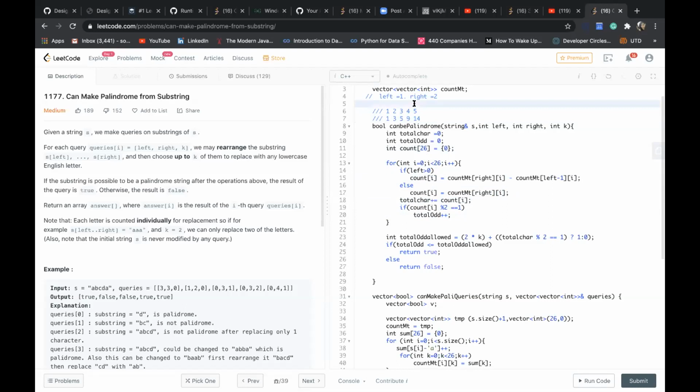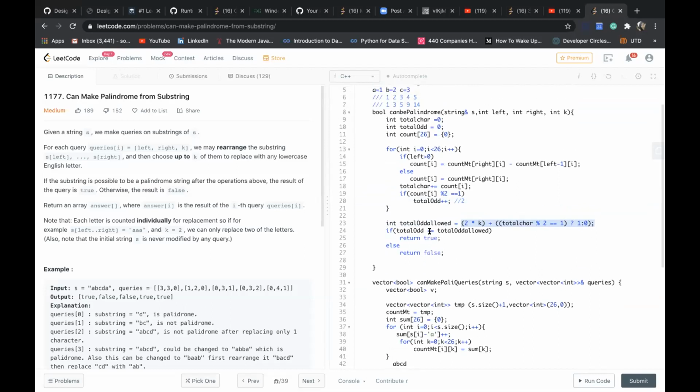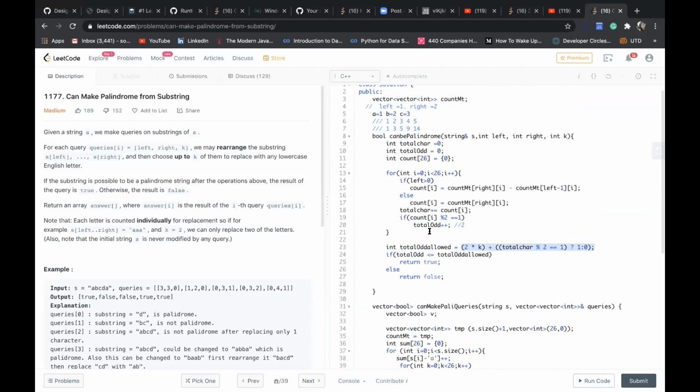Suppose A was 2, B is 2, C is 3, so I have a total of 2 odd characters. And then total allowed, I have calculated, which I explained earlier. Then I'm checking if it is less than that, then I return true, otherwise false. Yeah, I think that does make sense.